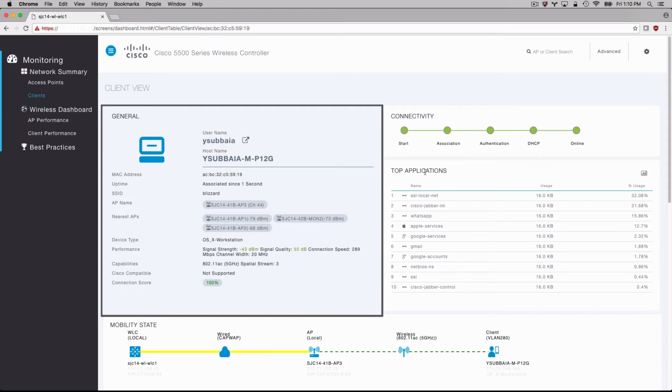The General section provides basic information such as the username, host name, MAC address and IP address, as well as other additional information such as how long this client has been associated to the system, the current SSID that the client is connected to, as well as the AP name that the client is currently associated with. Additional useful information also includes the nearest APs that hear the client. This indicates the current APs that can hear the client probing and provides the signal at which each AP can